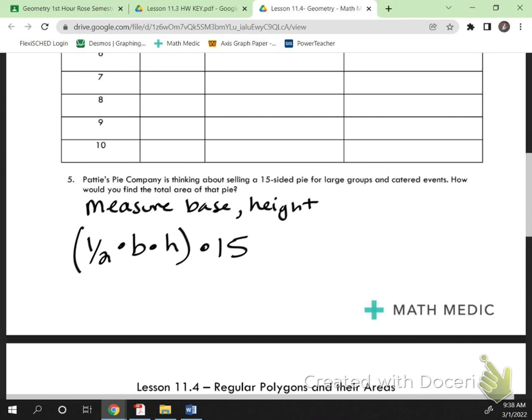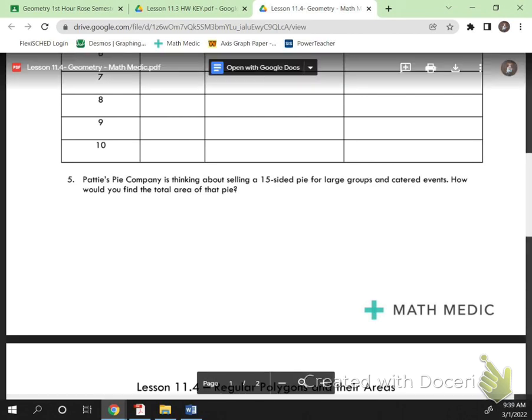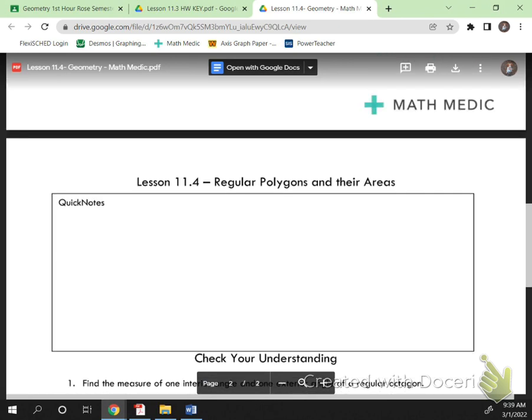Any questions on the area of polygons? You ready to do the quick notes? Yeah. Flip your page. Quick notes time. In our quick notes today,